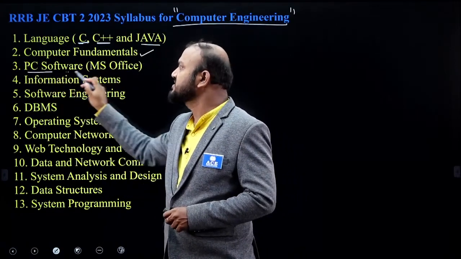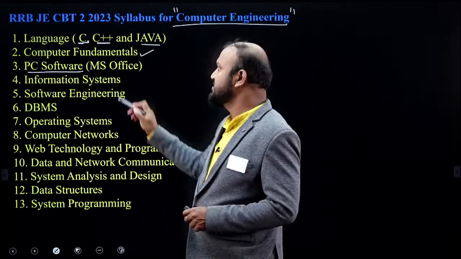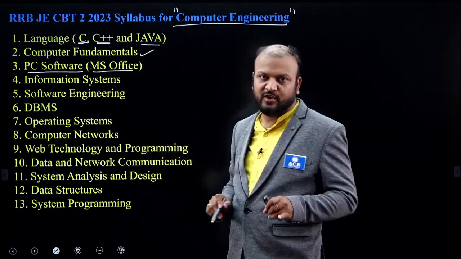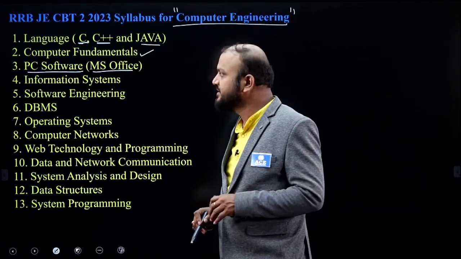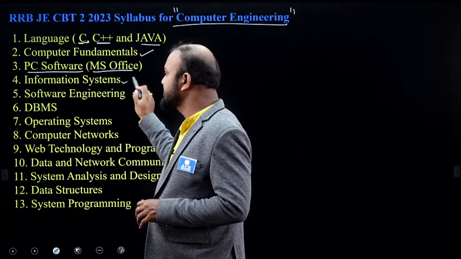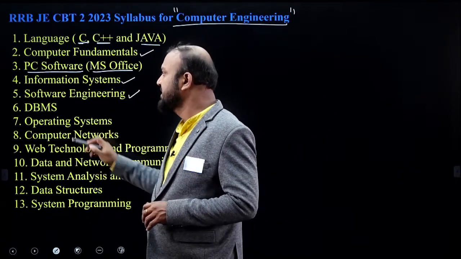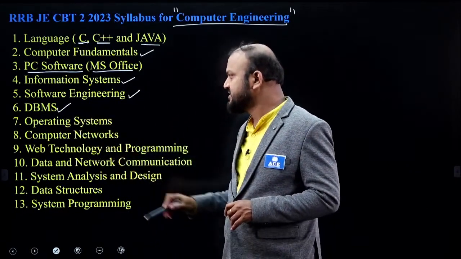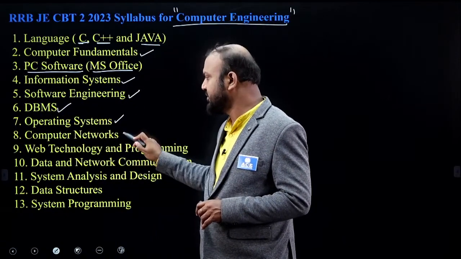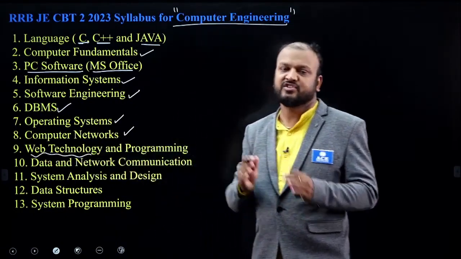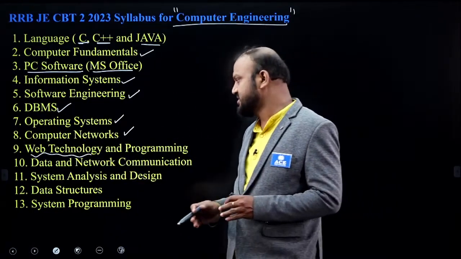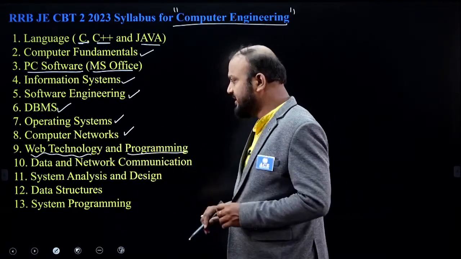And the topic called PC software will have MS Windows and MS Office tools like Word, Excel and PowerPoint. Information systems, software engineering, database management systems, operating system, computer networks, web technologies like HTML, CSS, JavaScript and their programming,